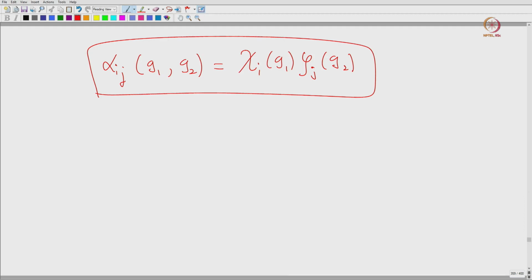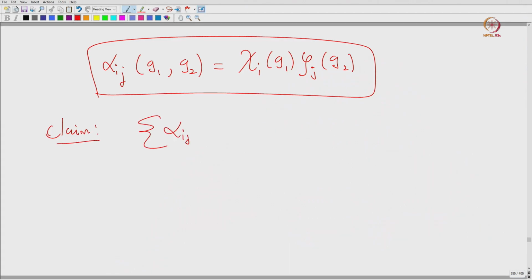Then from this we get m times n distinct irreducible representations of G1 cross G2, but from our earlier observations there should be exactly m times n irreducible representations of G1 cross G2. So, from that we conclude that the alpha ij form a complete list of irreducible representations of G1 cross G2. So, the claim is